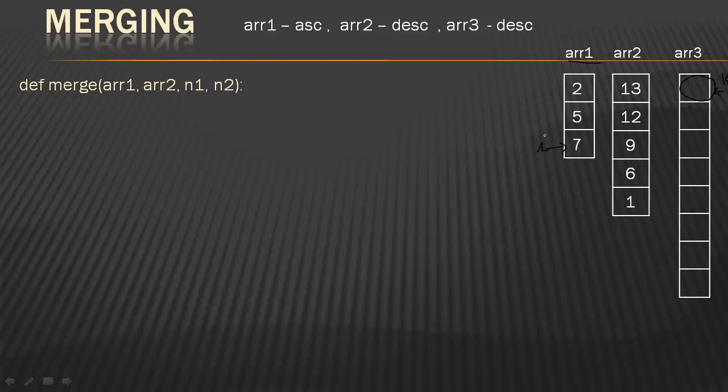So this is your I. Go and locate the biggest element in ARR2. ARR2 is in descending order, so obviously the biggest element is going to be at the top. Now this is the most important part of your program, that placing I, J and K at the correct location. I said K would always be at 0. Then you find out which element and accordingly place I and J.